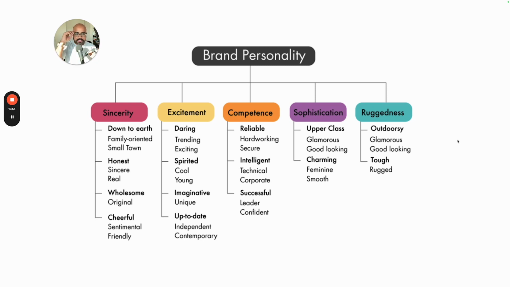Then we've got sophistication over here: upper class, glamorous, good looking, charming, feminine, smooth. That's going to be things like Tiffany's, things like Louis Vuitton. We're talking about luxury goods, and anything that is meant to feel super sophisticated. It could be wines. A lot of the time would fall under sophistication. Of course, you can have an exciting wine and you can have a sincere wine, but mostly with a product,